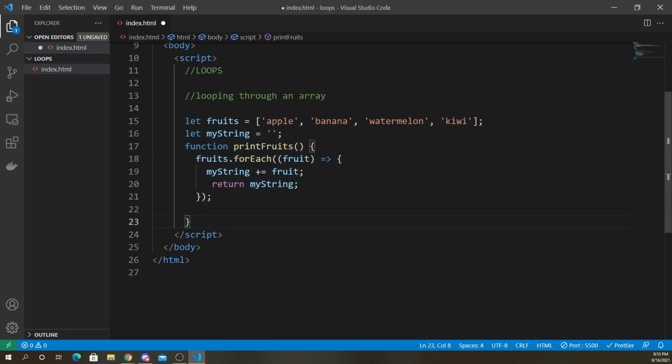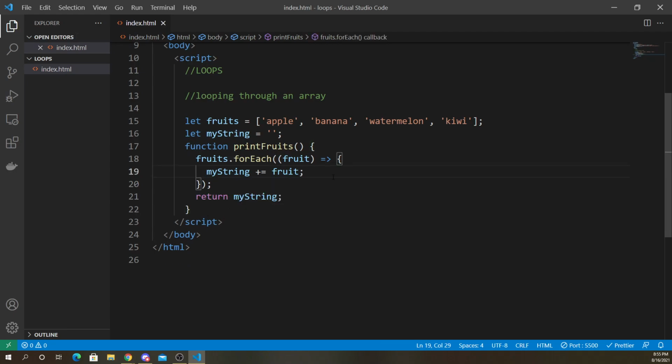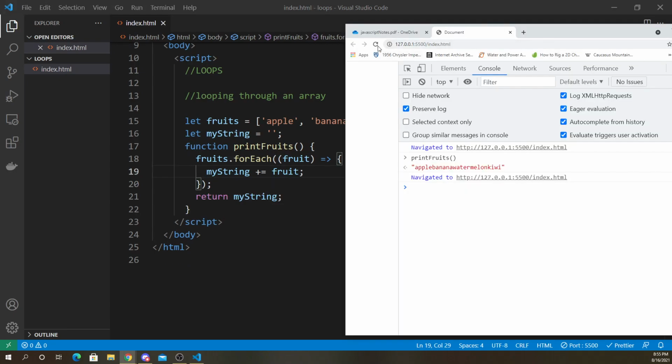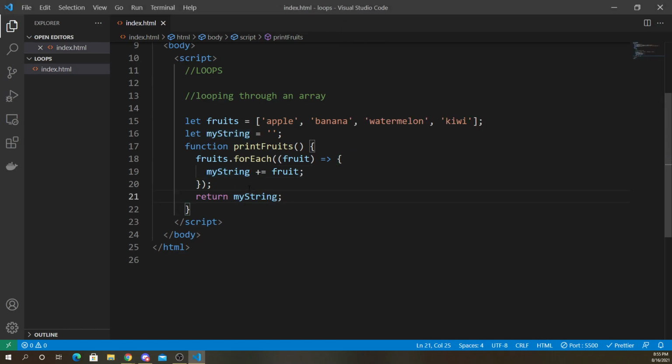It doesn't get returned outside of it. I don't know if that makes sense, but again, the function is the one that has to return it in order to see the result. So we could do return my string, or we can say my string plus equals